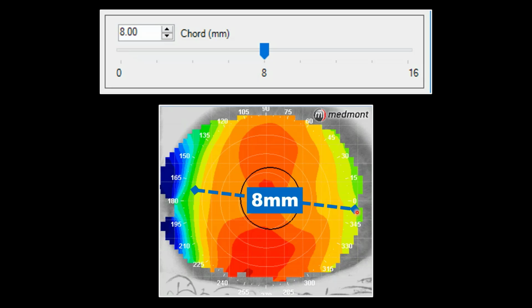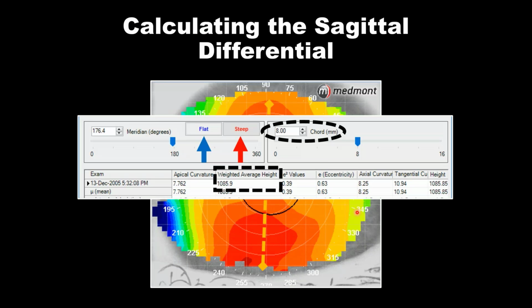If you're dealing with an orthokeratology lens, it has a 6 millimeter optic zone, typically. It has a 1 millimeter width of reverse curve, typically, that runs 360 degrees around. So that is an 8 millimeter diameter of where the alignment zone begins. So again, 8 millimeters might make sense as the chord or diameter of measure. So now that we've set our chord of measure, we want to click on the flat meridian to understand the depth of the lower height of the eye, and that's your weighted average height, your sagittal depth. It's 1,085 microns. Then we're going to click on the steep axis and determine what we have for a steep meridian